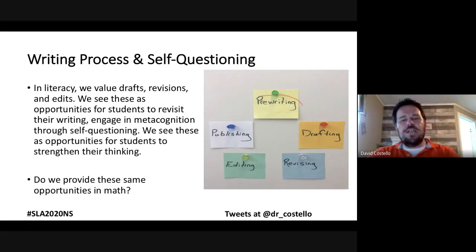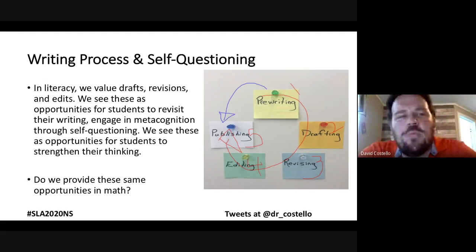We don't go straight from the planning to the publish. Instead, we go all around this process, and we value their thinking in these different steps, because we want to see what the journey is and how their thinking has evolved over time. What I want to ask in terms of math, how many times do we go from the planning right to the publishing? An example of this is when we allow students to erase their work all the time,